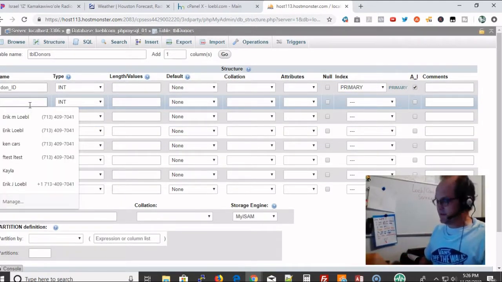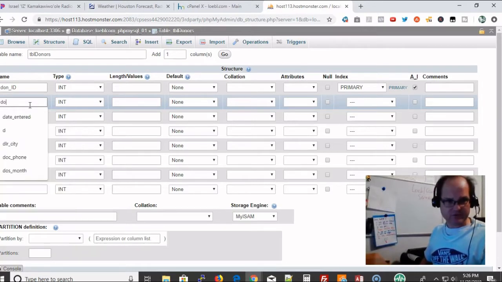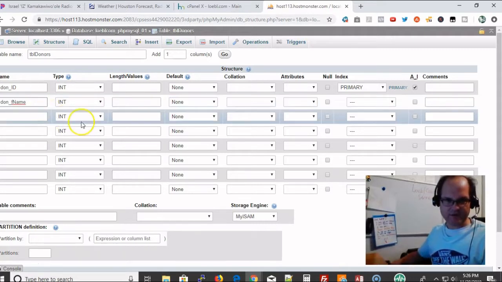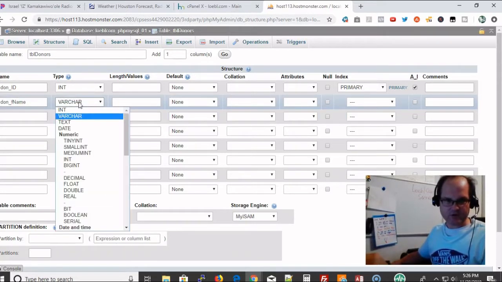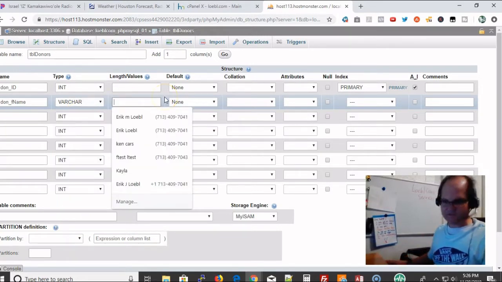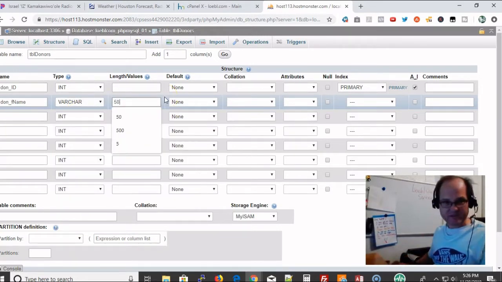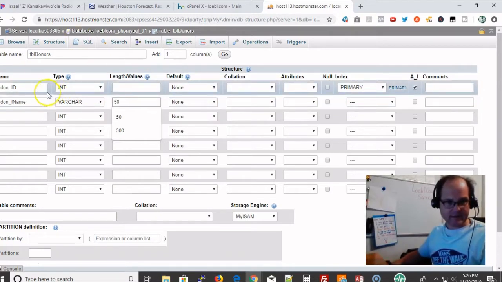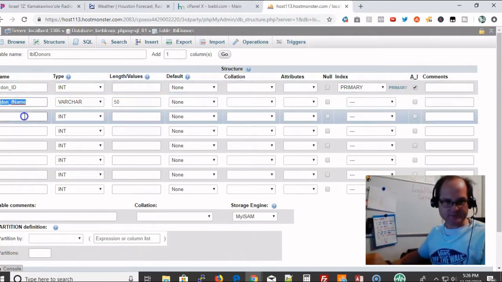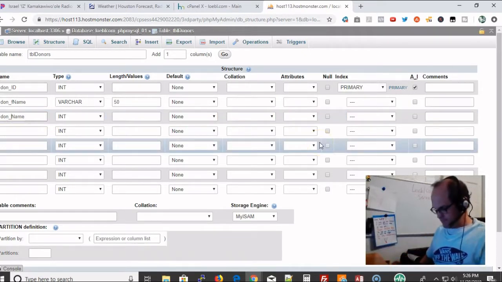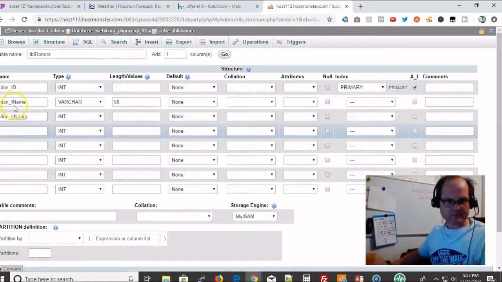Next is going to be first name, so F name, first name, and this is going to be a varchar, which is like a string. And this one I'm going to set a length of say 50. Why not? The next one is going to be L name, and actually I'm going to change this one